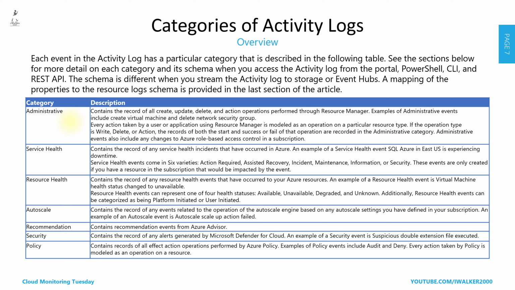It's exactly the administrative log. The second part of the logs that we already discussed maybe in the previous part is the service log, which shows what's going on with service health, like downtime, etc. We discussed this in the previous part, but you can also find this information in the activity log too. You don't need to call the API. Resource health, we already discussed it again in the previous part,